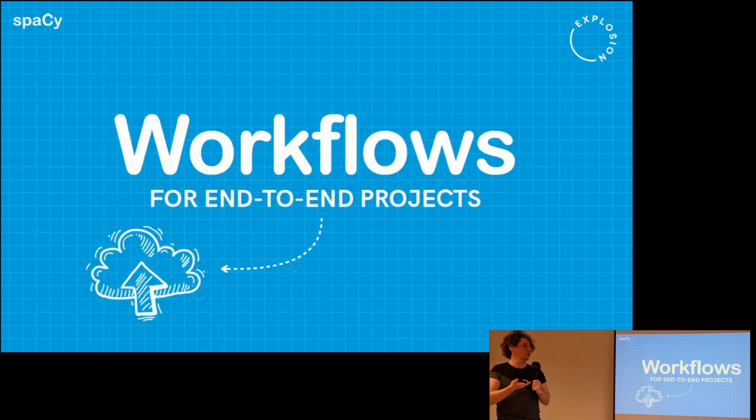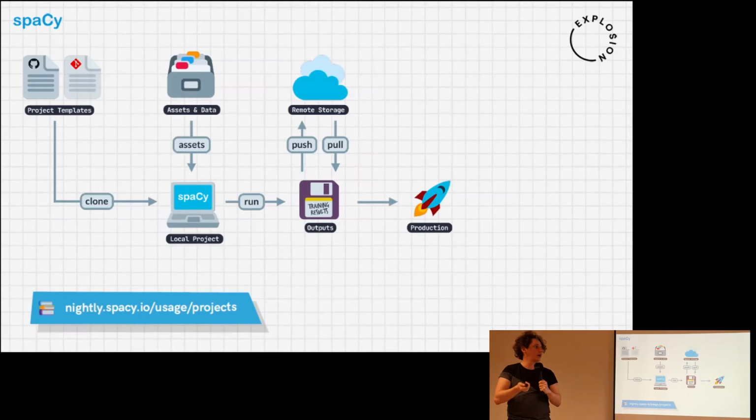So we built a little workflow tool into this, which was inspired initially by the Data Version Control tool, but we decided that we wanted to have a more stripped down version that was a bit easier to work with, that didn't introduce so many extra concepts, so that people would really adopt it easily and it would give you a smooth path to working with it. So here's the kind of conceptual model of this. We have these project templates, which are these YAML files, and you can clone somebody's project template, or one which you have done before, or your colleagues', and you get this local project, or you can start authoring it from scratch.